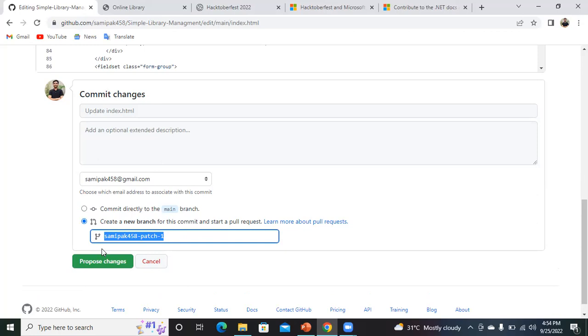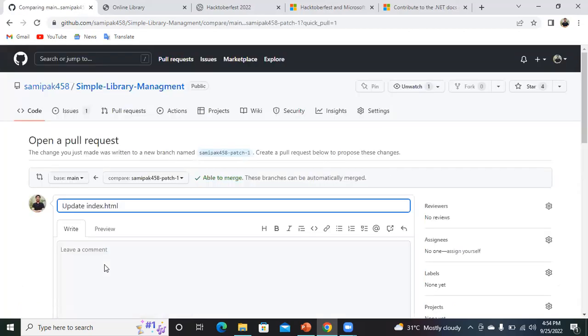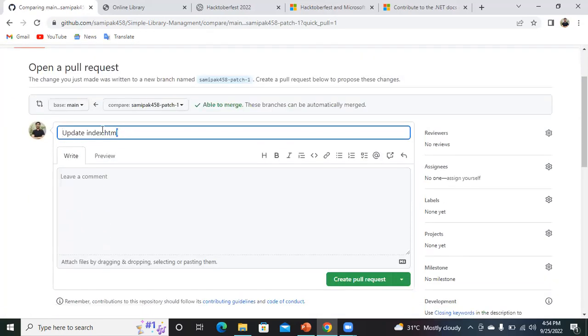Then you will go to the pull request. I will also show you what will happen when you propose changes. It was asking me what I have to do. Here I updated the index.html comment, so I will write that I updated the index.html comment.